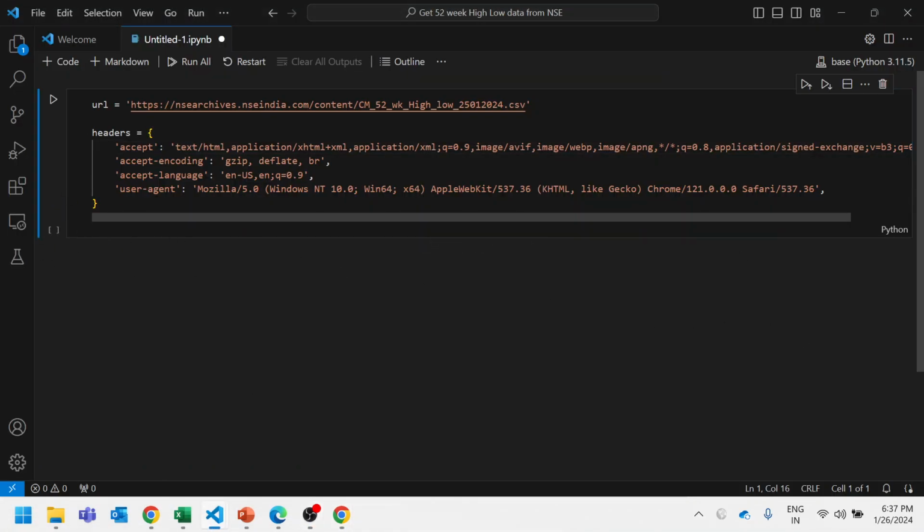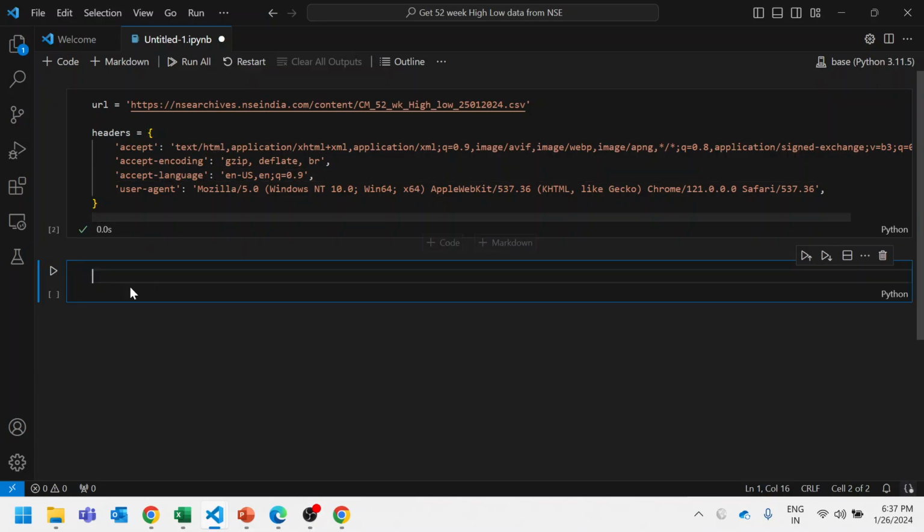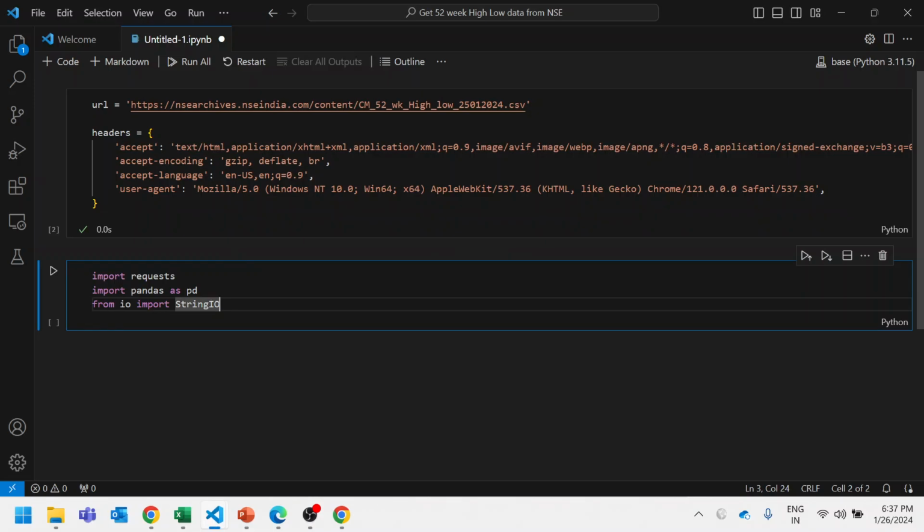Now I'm going to click on enter and let's import all the necessary packages first. We have created the variable above, so don't worry, let's just import the packages right down below. So we are going to import the requests package, pandas package, and StringIO. StringIO meaning